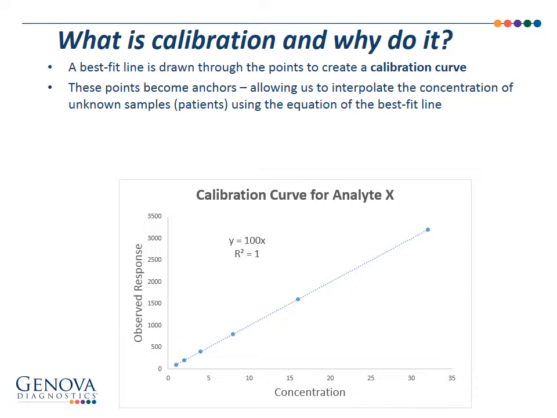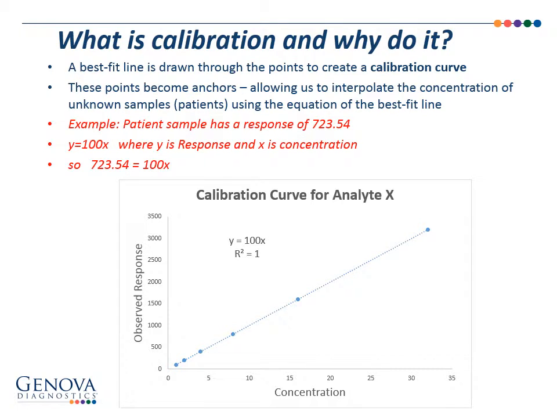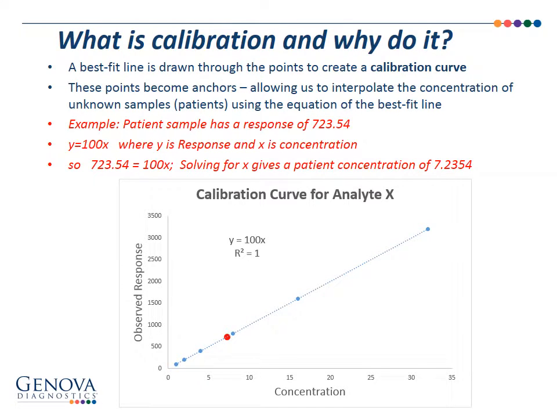So how do we do that? We use the equation of the line. This is a really simple one, y equals 100x. And we're going to read our patient responses off. So for example, we have a patient with a response of 723.54. We plug that into the y, solve for x, and we get a patient concentration of 7.2354. This is just an example, but you can see how we didn't have to run a calibrator at 7.2354